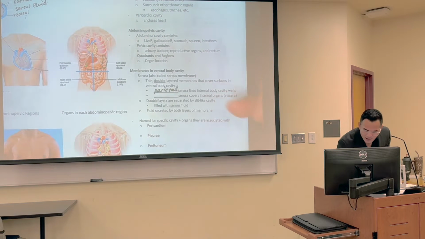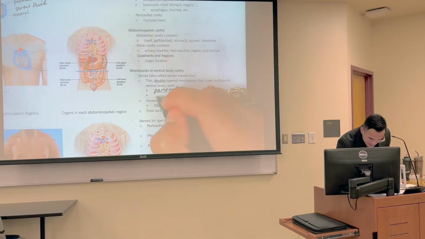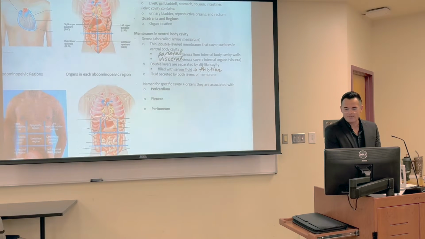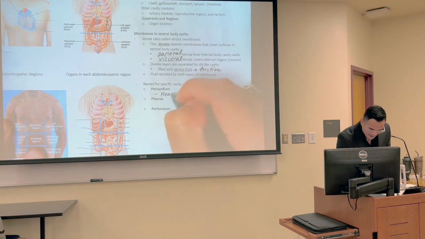What's in direct contact with the organ? Visceral. So they are named for their specific cavity and the organs that they are associated with. Pericardium, you know that the heart is going to be found there. For the pleura, you know that is going to be the lungs. The peritoneum, that is within the